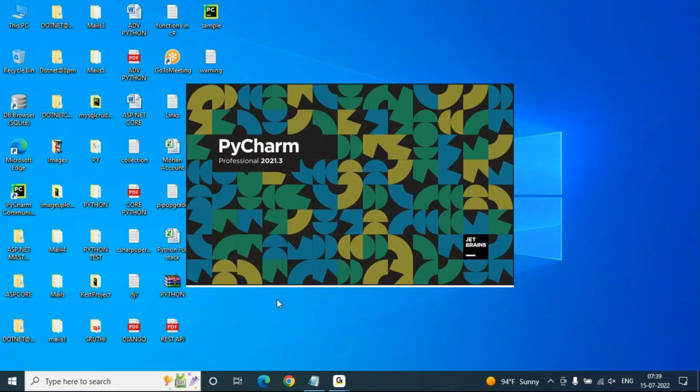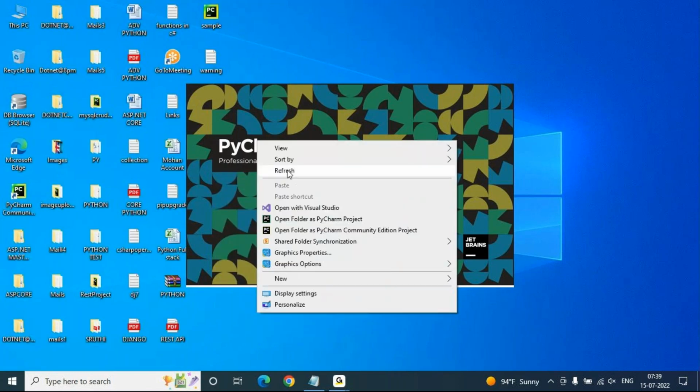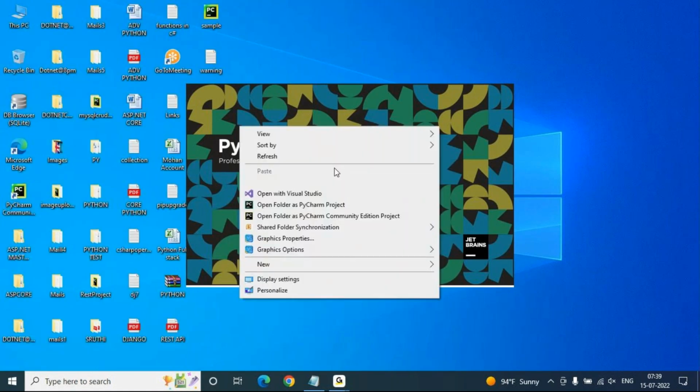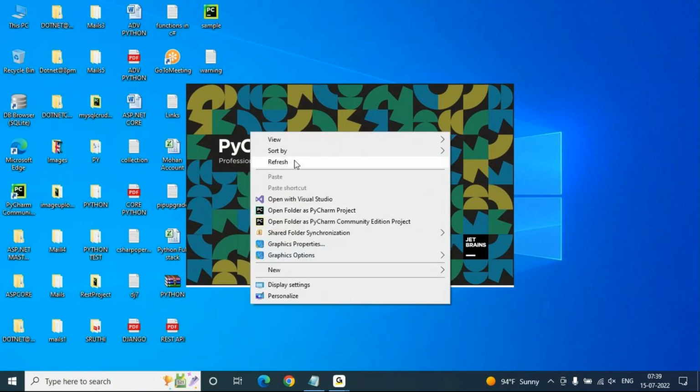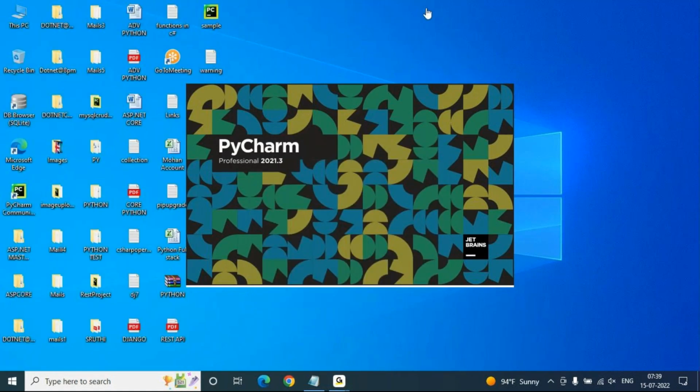So it is opening PyCharm Professional still. Time is taking, why I don't know. Just wait. Once it's loaded, then I can open a new project, existing project. And moreover, without going to,